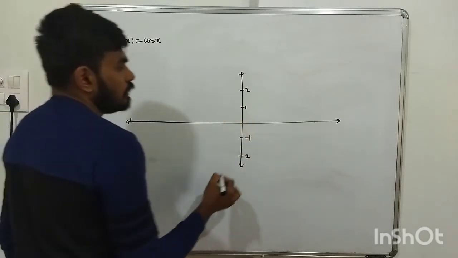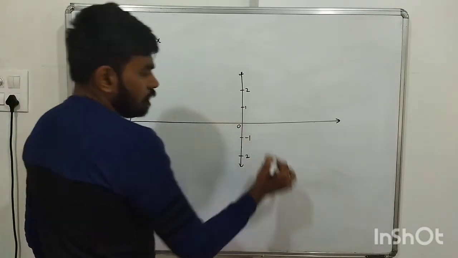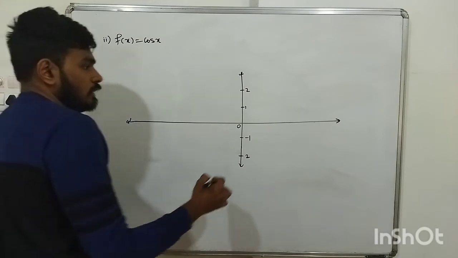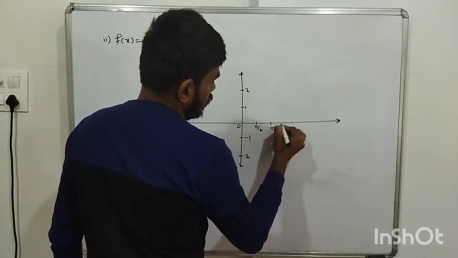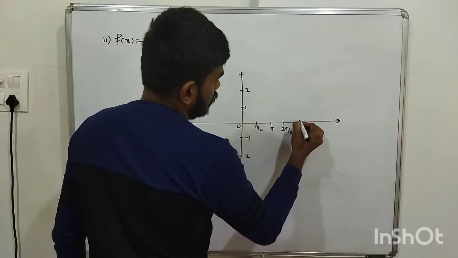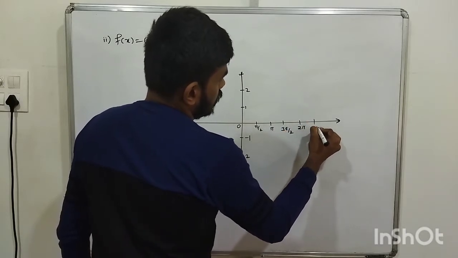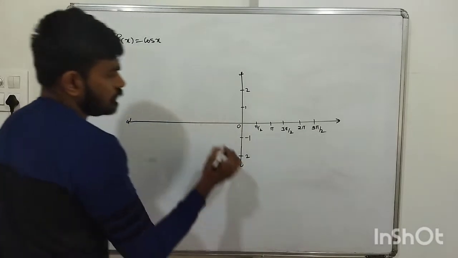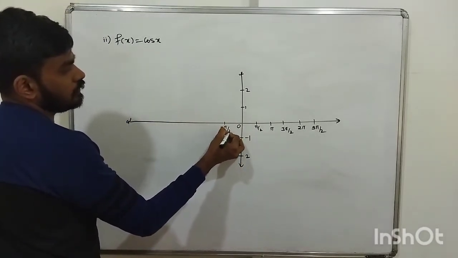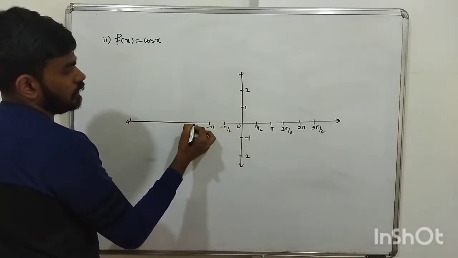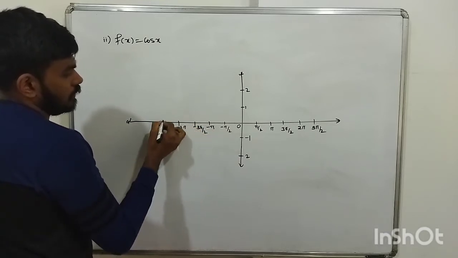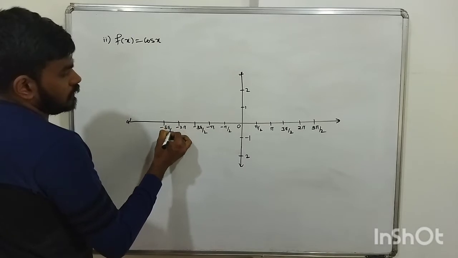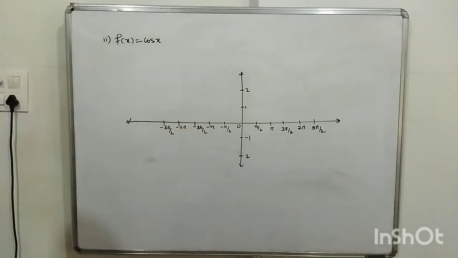I just mark that. So here also we'll write standard angles, okay, that is after 0, pi by 2 I'll write, then I'll write pi, we'll write 3 pi by 2, then we'll write 2 pi, 5 pi by 2 and so on. Okay, on this side we'll write minus pi by 2, minus pi, minus 3 pi by 2, minus 2 pi, minus 5 pi by 2 and so on. Okay, now